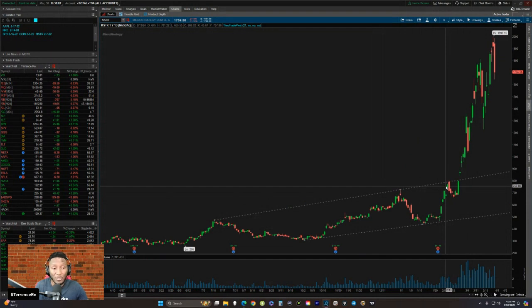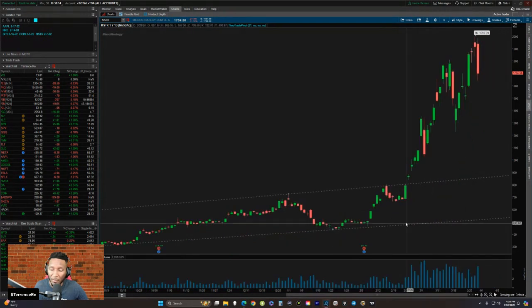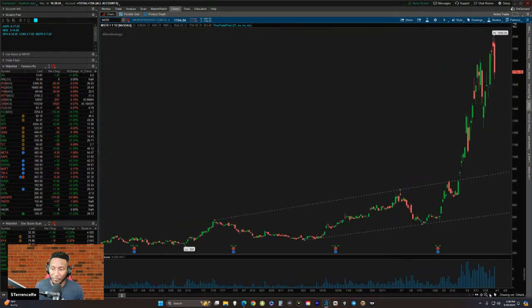You can use it to get in early, but I generally do it after the move is started. Well, there are ways to use it to get in early too. Now, you can see right here, this trend line, we got a gap up and it broke out. You want to find points in the market, turning points. You need turning points.